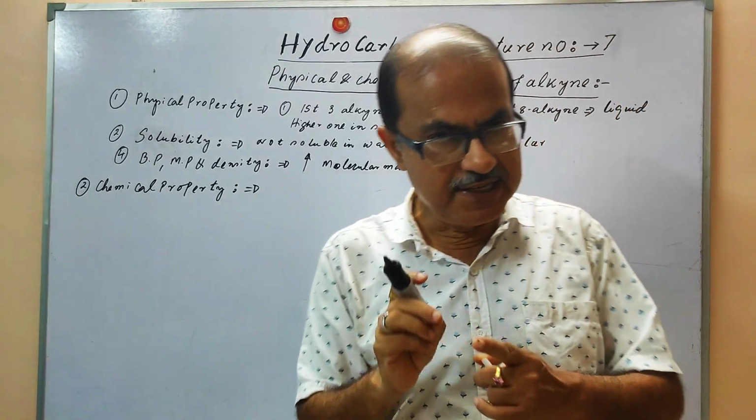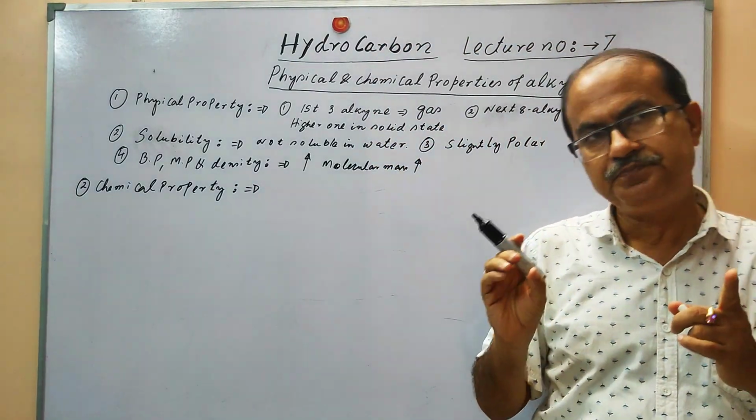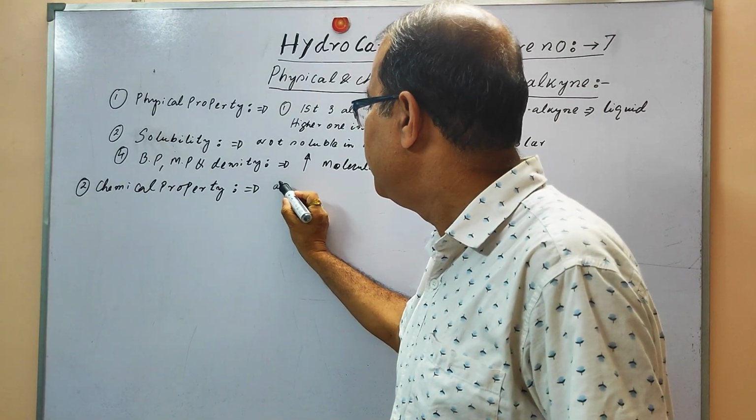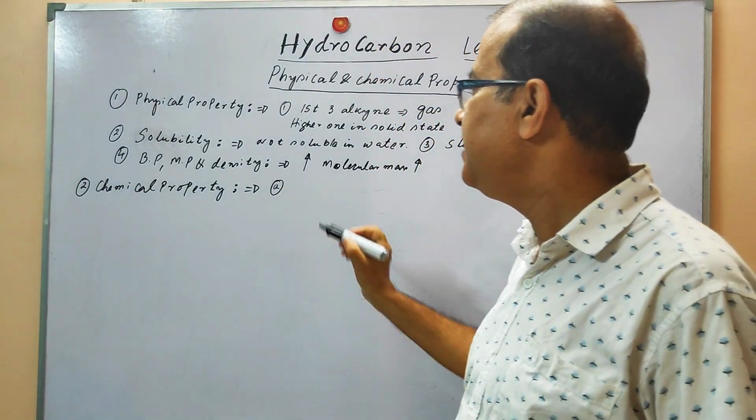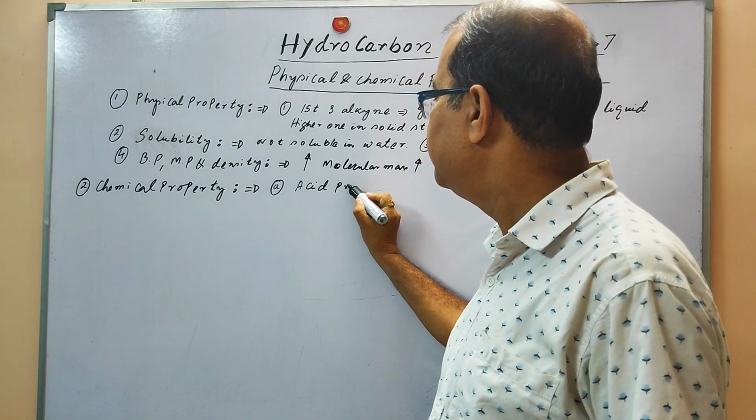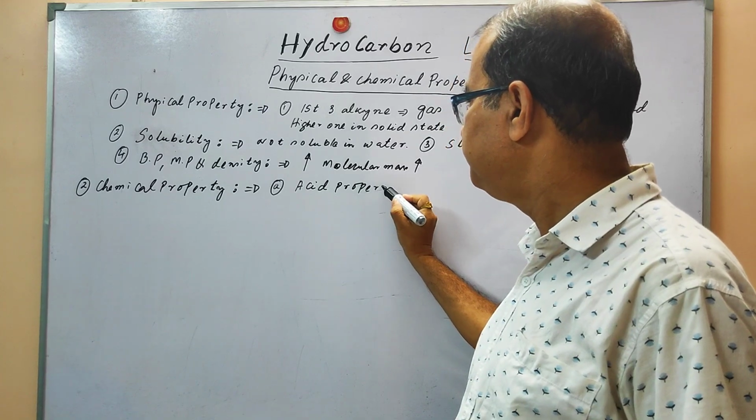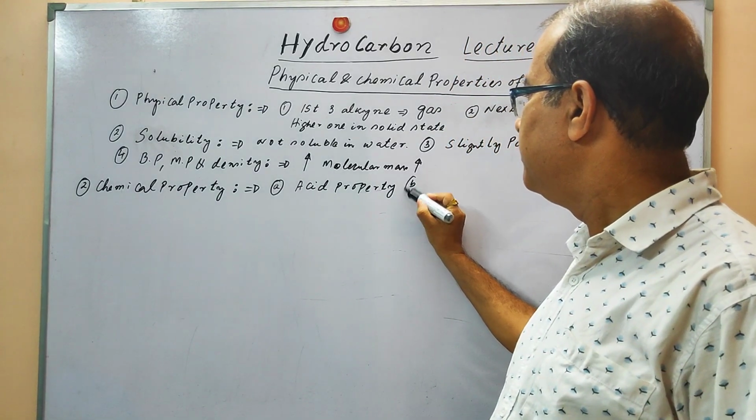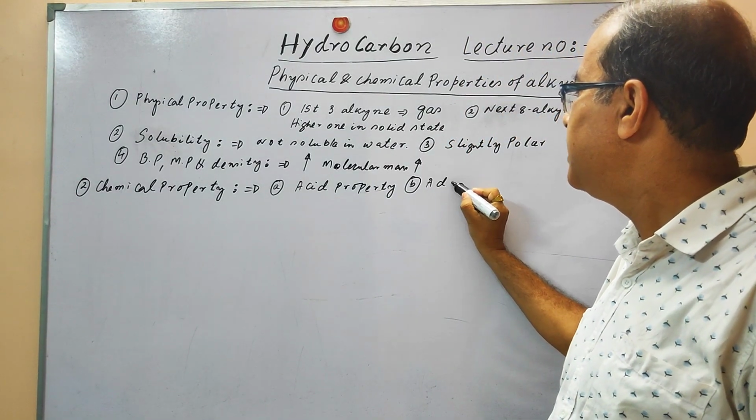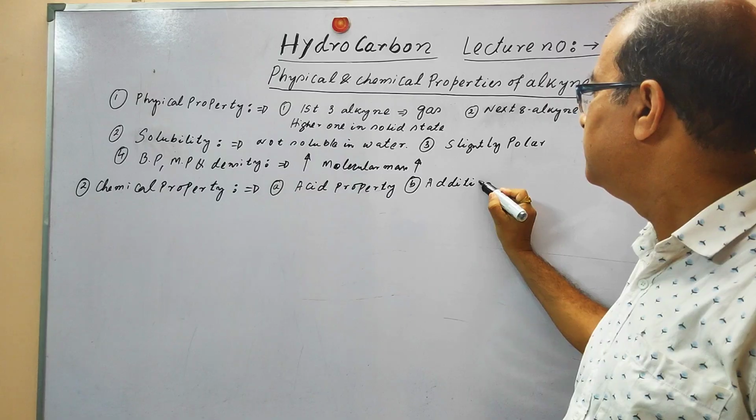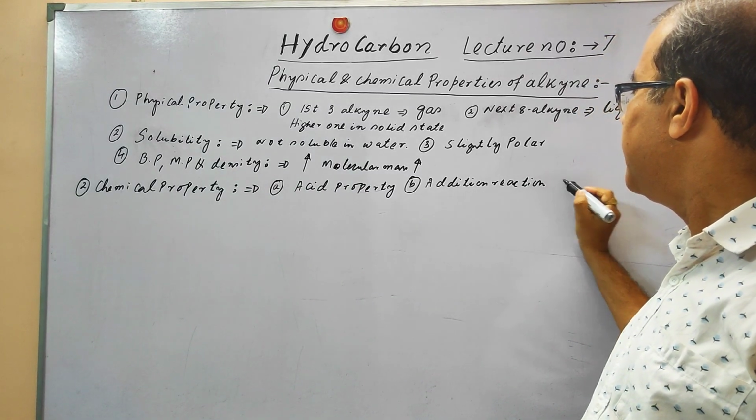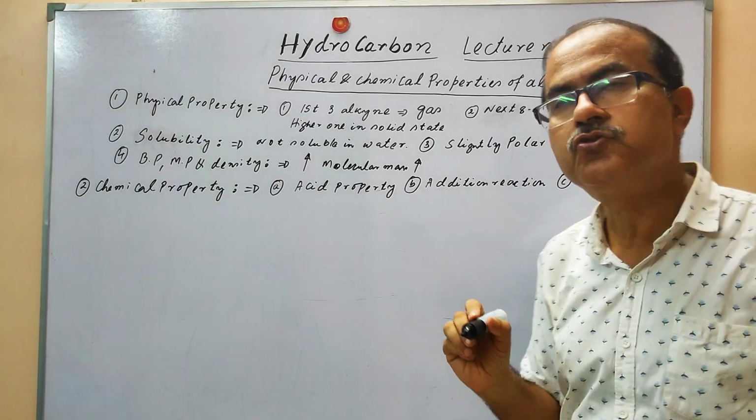So when we are discussing the chemical properties, we can divide this into three ways. Number A: it has the acid property. Second, it undergoes the addition reaction also. Second point is addition reaction. And third point, it can also